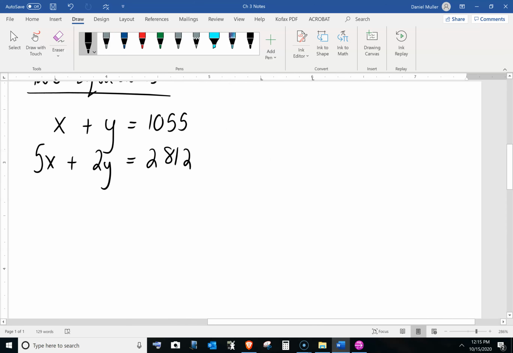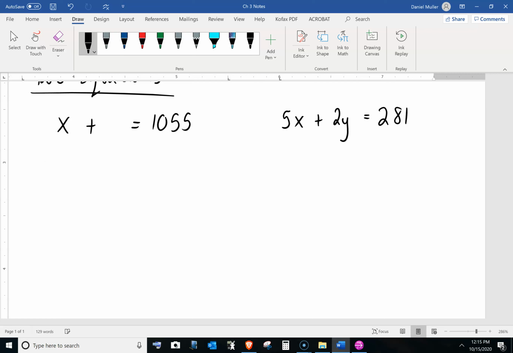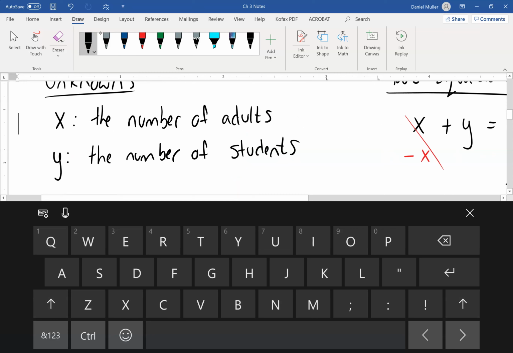Now that you have that, we can actually solve this because we have two equations. And we need to do exactly what we did the previous time. We need to get x and y alone. So I'm actually going to move this. I'm going to put 5x plus 2y equals 2,812 up here. And now I'm going to get y alone. So start on the left. All we have to do is minus over the x. And so we have y equals